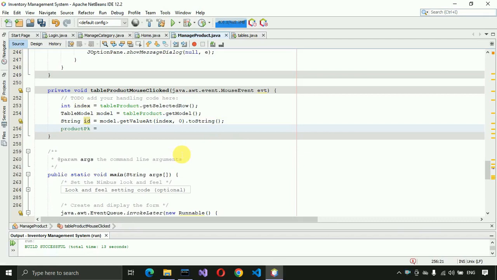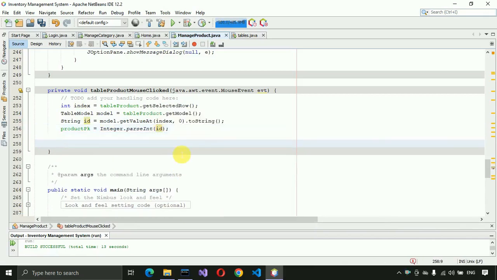After that we have to pass the integer, so Integer.parseInt, we just pass the id, put a semicolon, and then we have to extract the other details, like name. So model.getValueAt(index, 1).toString(),